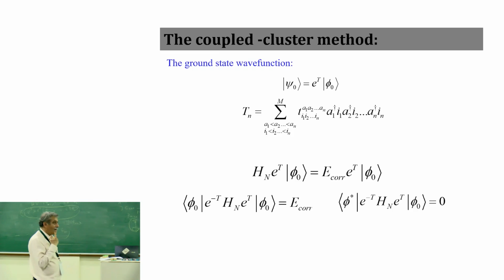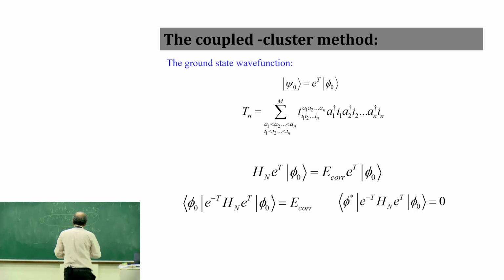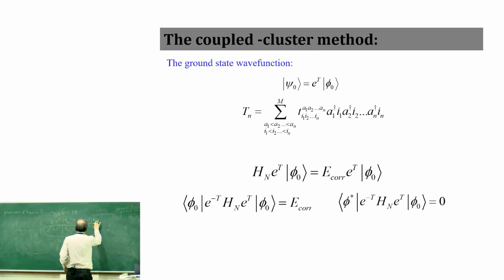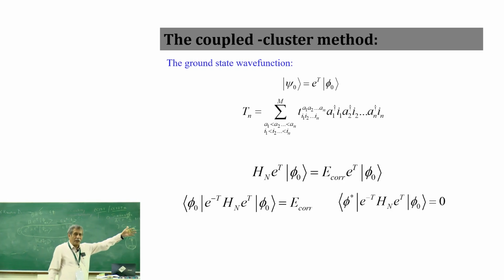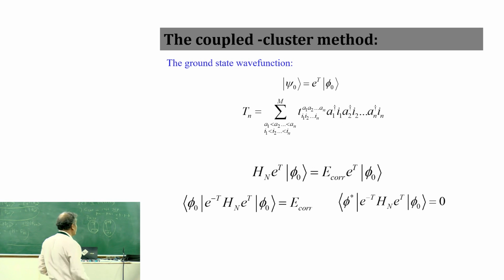Second equation, will phi 0 or phi Hartree-Fock be on the right side? No, both are phi 0. Phi 0 and phi Hartree-Fock are the same. I'm sometimes using phi 0, sometimes phi Hartree-Fock. So these equations are written in terms of the normal ordered H, and I get the correlation energy directly. So it's a direct equation for the correlation energy.